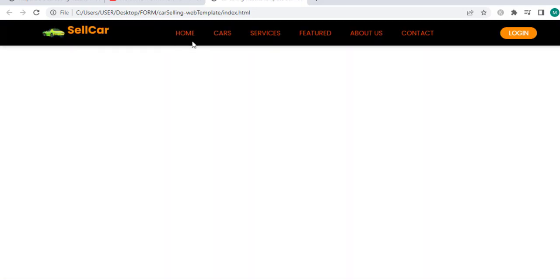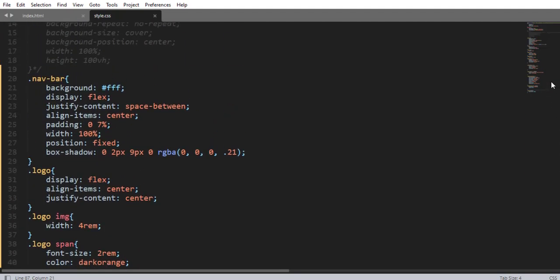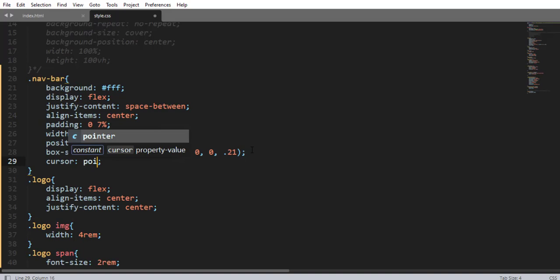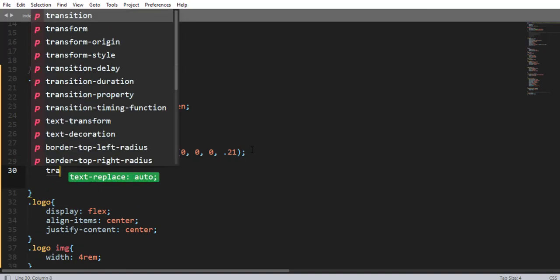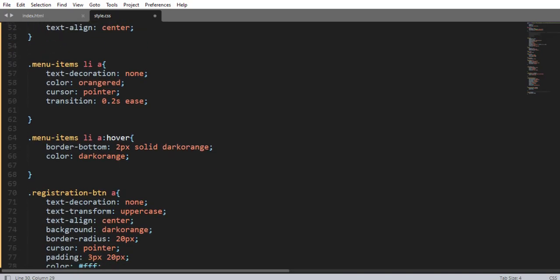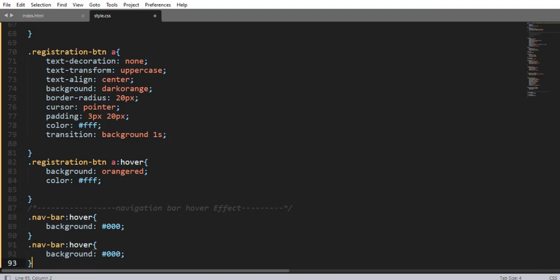Okay, the only thing expected from me and you is to change the color for this navigation menu. So to do this, first we are going to add a cursor effect right here, cursor pointer, and a transition right here. Transition, let me say 0.3 second ease-in. That's good. Let me say ease-in. So now to add a hover over this navigation menu, copy this and paste right here, and also